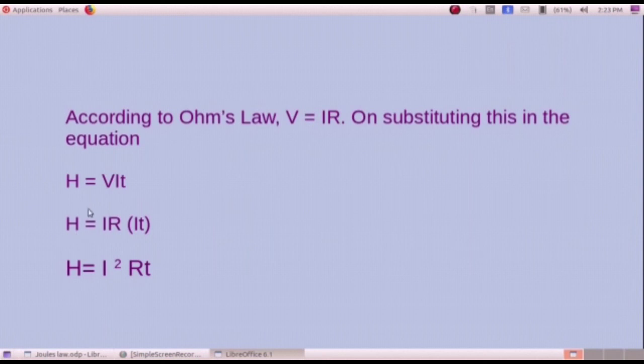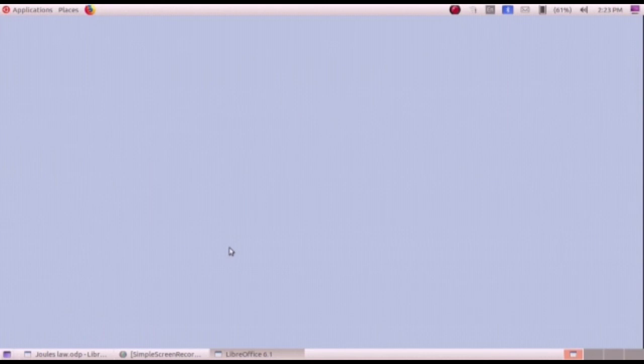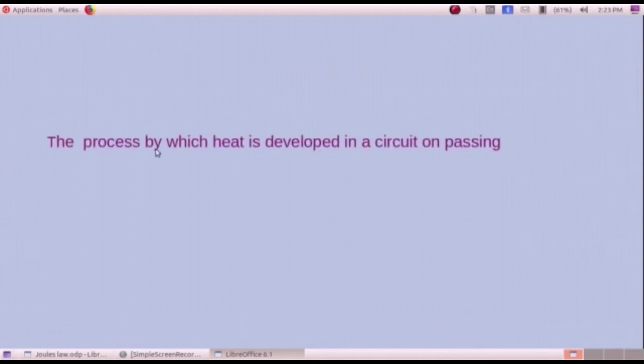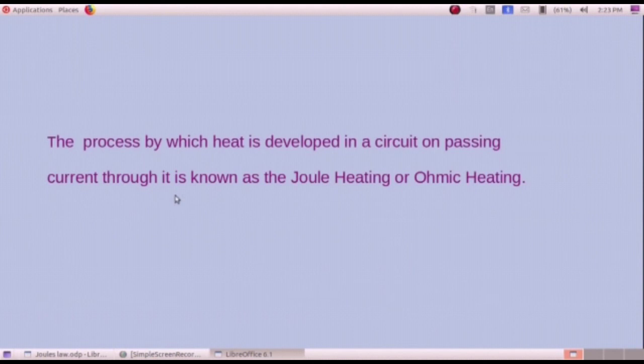H is equal to, instead of V, we can write I into R, into I into T. H is equal to I square R T. Therefore, H is equal to I square R T. The heat energy developed in a conductor when electric current passes through it can be calculated using the equation H is equal to I square R T. The process by which heat is developed in a circuit on passing current through it is known as Joule heating